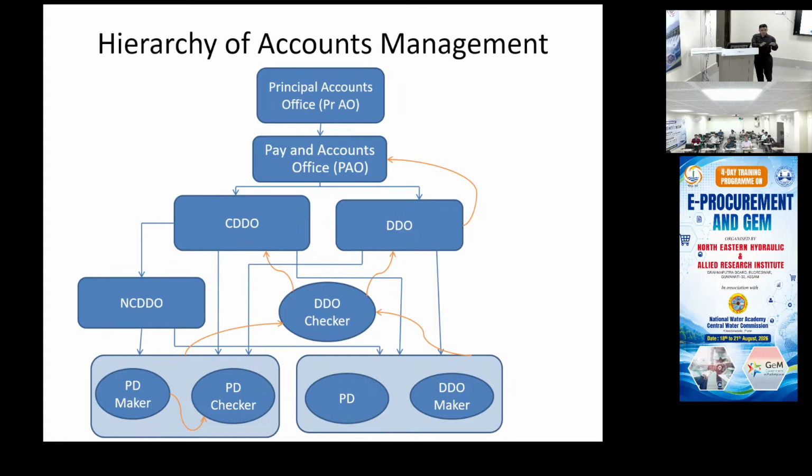तो वो PRAO को सबमिट करते होंगे. सो बेसिकली यू आर दी PAO फॉर ब्रह्मपुत्र बोर्ड. आप PAO हैं, यू आर दी पे एंड अकाउंट्स ऑफिस, because you are doing the final payment, and you are not a CDDO. Do you have other DDOs under you? No. Okay. So you are the PAO. ठीक है. So basically आपका रोल यही है.